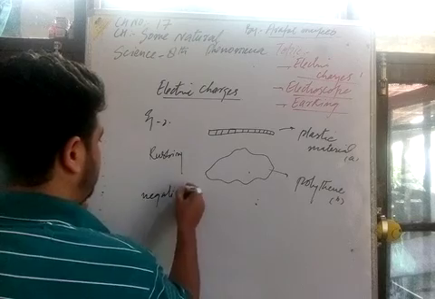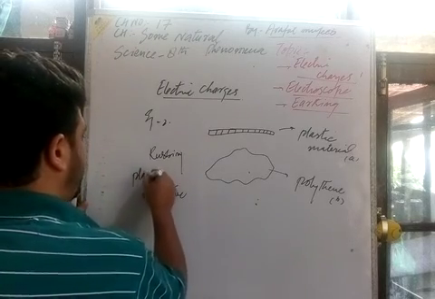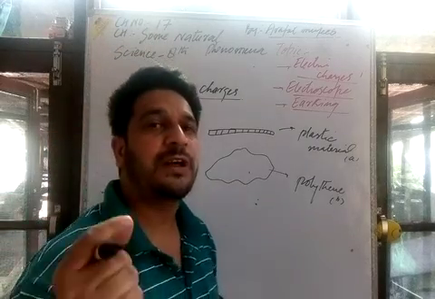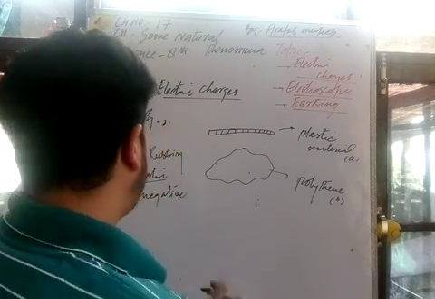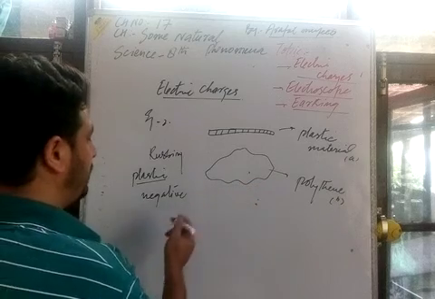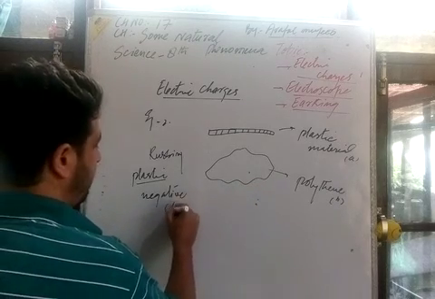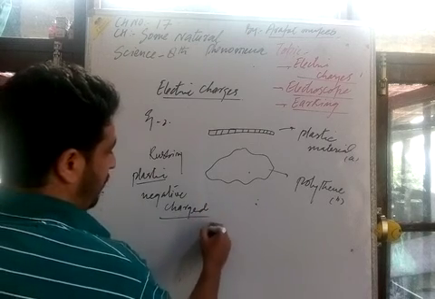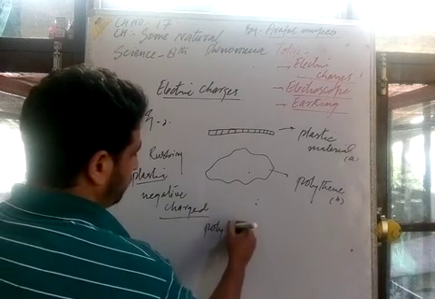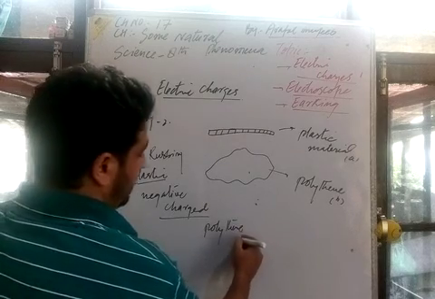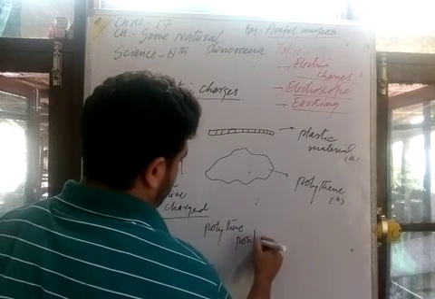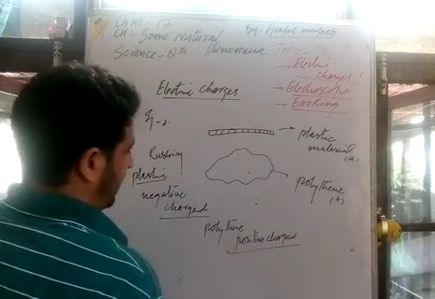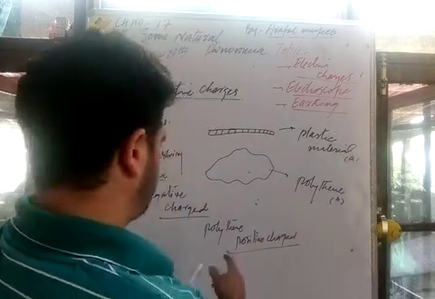If you take the refill of a plastic pen and rub it with this polythene piece, the plastic gets the negative charge, and the polythene gets the positive charge. Again, which object has lost electrons, this tells us directly